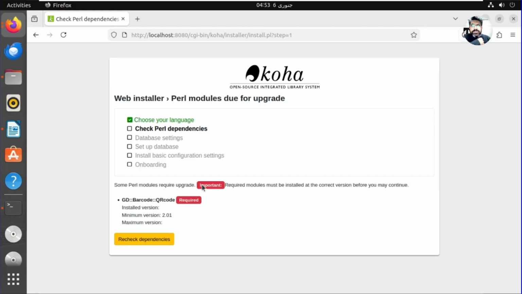Okay, so it's actually saying that some Perl modules require an upgrade, and required modules must be installed at the correct version before you may continue. So this is not an error. We need to work with the dependencies. We need to install all modules. So what we can do,